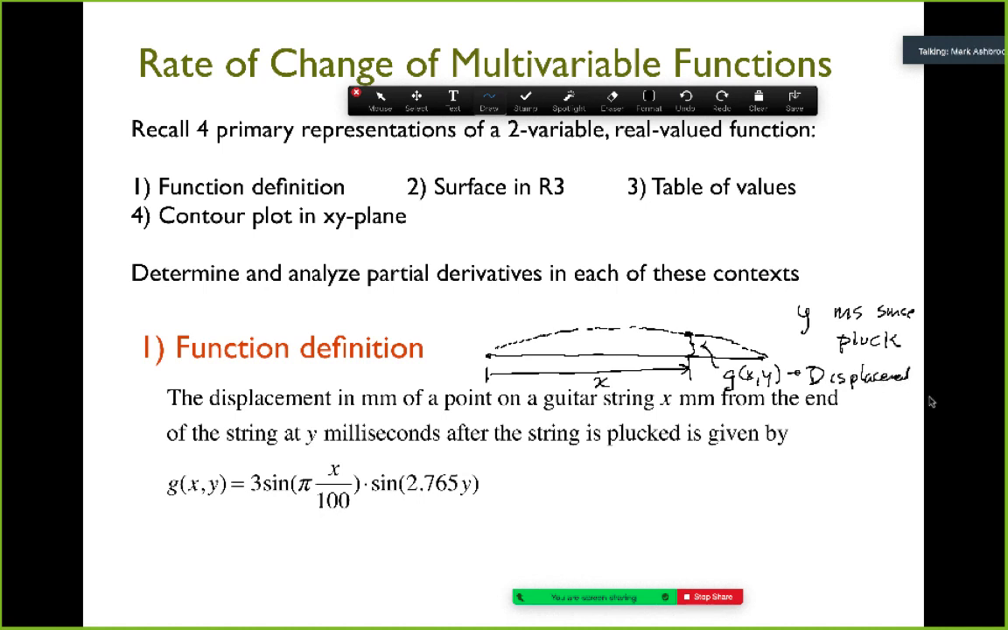Does the function make sense? So displacement, how far the point is away from its at-rest position, is a function of how far from the end you are and how many milliseconds have gone by since you plucked the string. Okay, so here's that function. So we want to look at